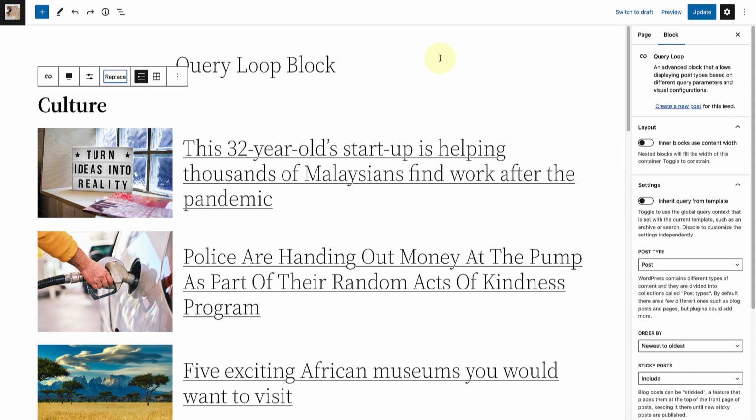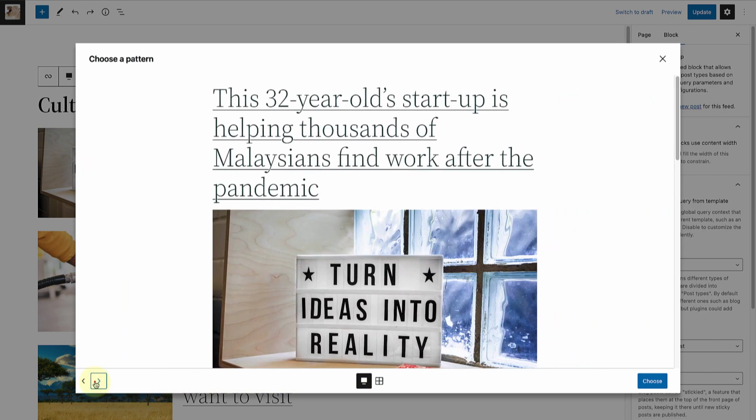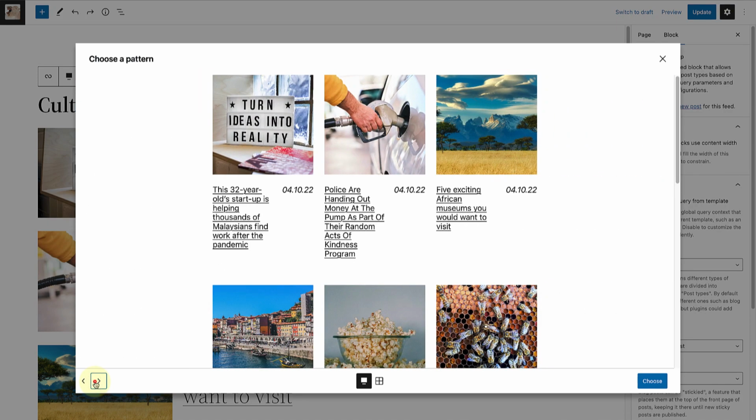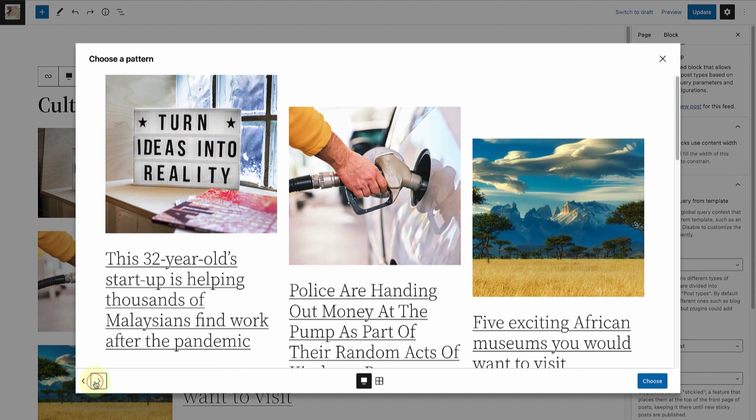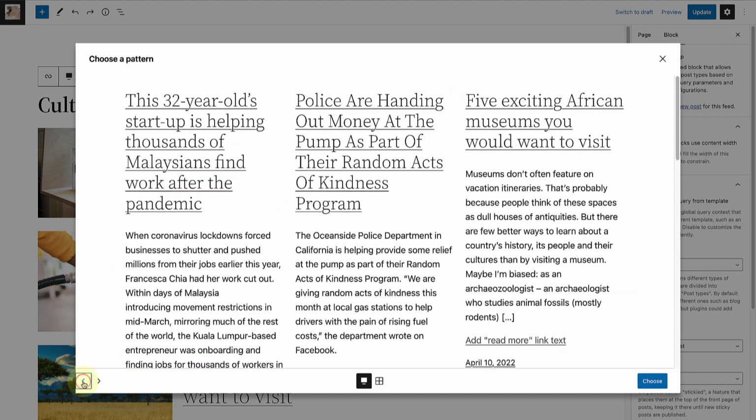But what if we want to use a completely different pattern and layout? Well, we can click on Replace in our block toolbar and browse through the various patterns that come with your theme in carousel view or in grid view. At the moment, I'm in carousel view. And when you click on the arrows or movers, you can browse through the various patterns that come with your theme. And when you select a pattern,